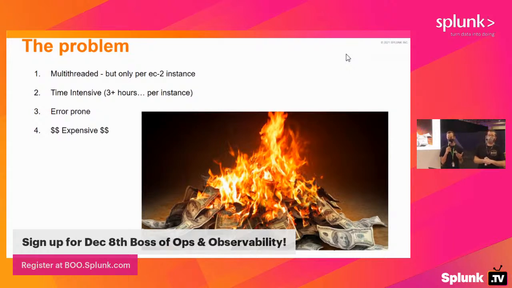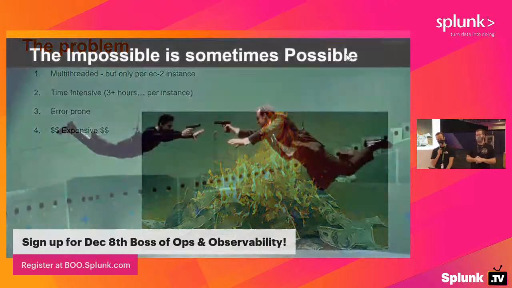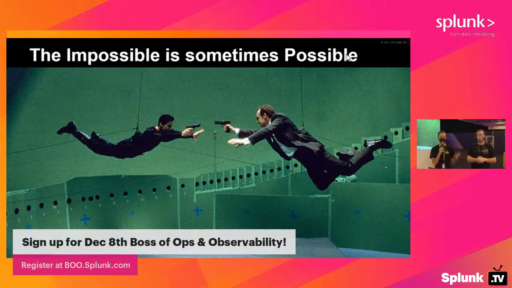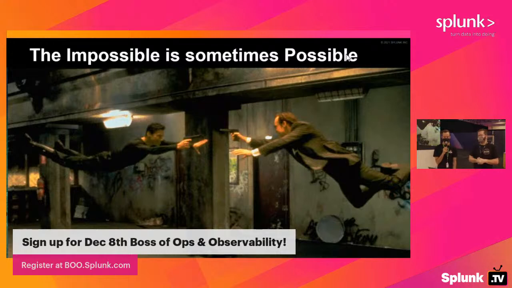And as you can imagine, maybe you get 2 hours through that process, you find an error, you got to start all the way back from the beginning. And it just becomes not only expensive from a dollar standpoint, but also from my sanity as well. Yes. So we were trying to think about, this seems impossible. How can we make it faster? Well, we were able to figure it out and make it possible. And we did that using AWS technology.